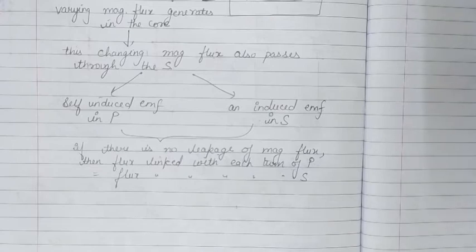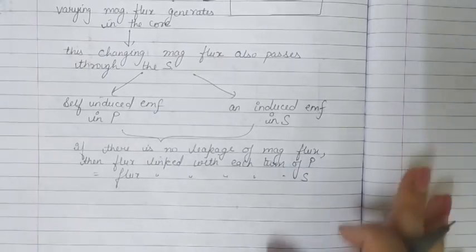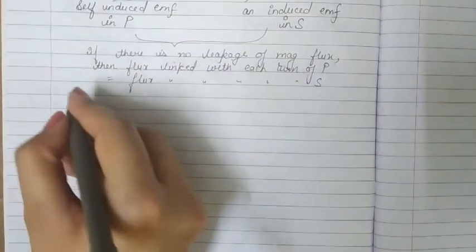प्राइमरी कॉइल में मैग्नेटिक फ्लक्स चेंज होने की वजह से प्राइमरी में ही हमें इंड्यूस्ड ईएमएफ मिल रहा है, दैट इज सेल्फ इंडक्शन. प्राइमरी कॉइल में मैग्नेटिक फ्लक्स चेंज होने की वजह से हमें सेकेंडरी में इंड्यूस्ड ईएमएफ मिल रहा है, दैट इज म्यूचुअल इंडक्शन. सो दीज बोथ प्रोसेस आर गोइंग ऑन साइमल्टेनियसली. सो दिस इज द वर्किंग ऑफ transformer. Now moving to its theory and the mathematics part.